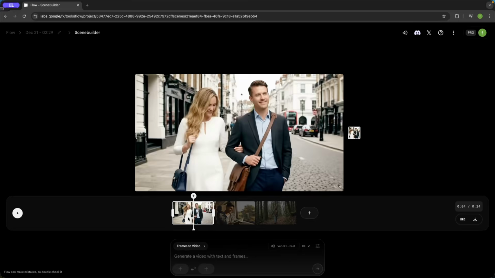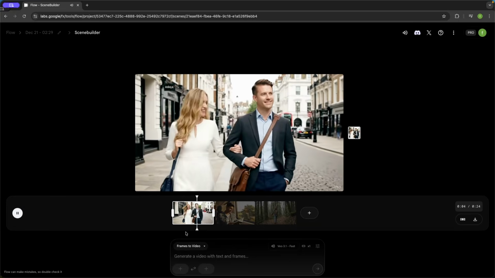Now, the cool thing about this is that you can download the image, that very specific frame, to use it someplace else, or you can use that very specific frame as a reference on one of the creation video modes. If I go back to here and I play the timeline, you will notice that every time it goes to a new clip,